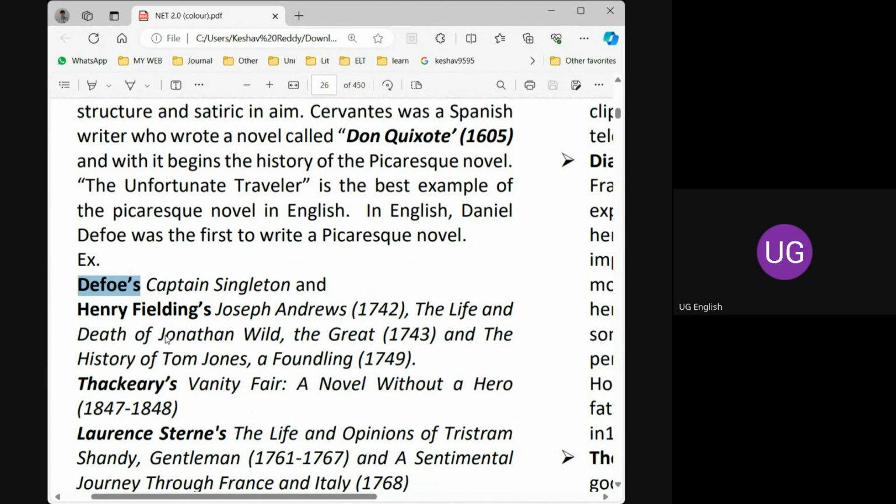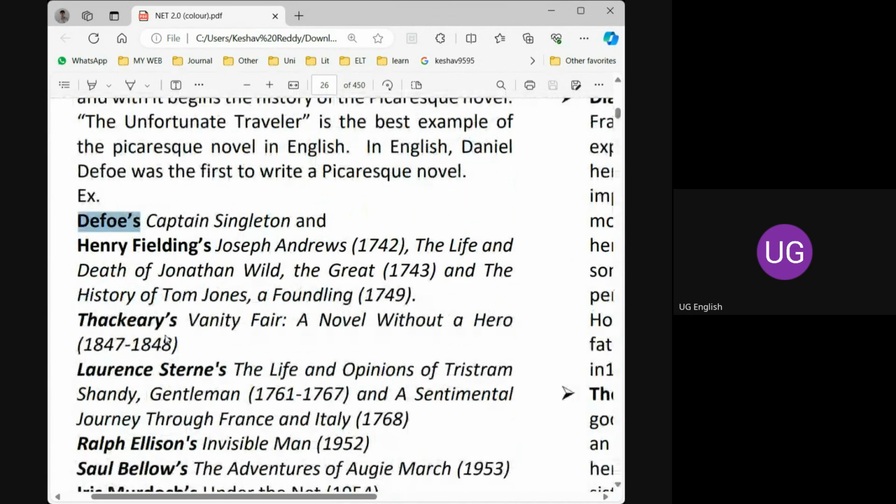So it's well and good if you remember Defoe's novels have lengthy titles, not subtitles. The titles are very lengthy. We are just looking at the title Captain Singleton, but the complete title is very lengthy. Even Robinson Crusoe is a shortened form, and we generally call that novel Robinson Crusoe. But the full title is very lengthy, almost a paragraph in length.